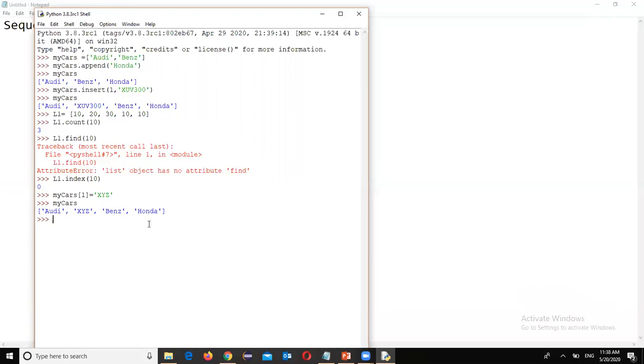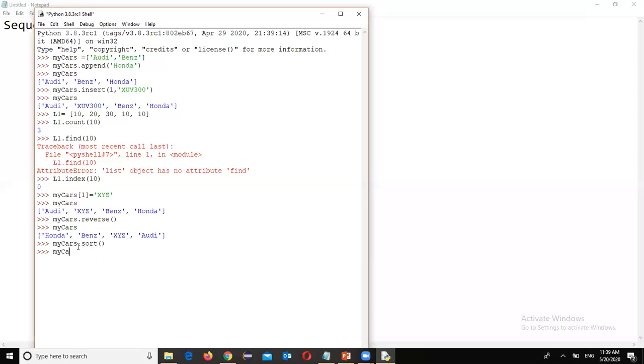Now I want to reverse the values. My cars dot reverse. My cars. Now the last value came first here, and the first value came last here. Reverse the values here. Now my cars dot sort, alphabetical order I want to set.